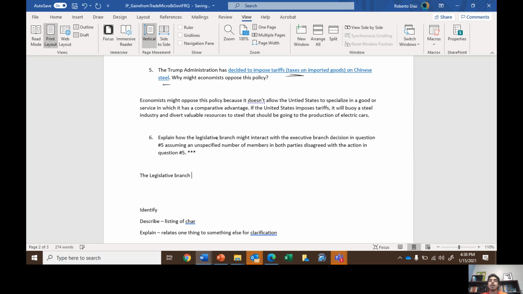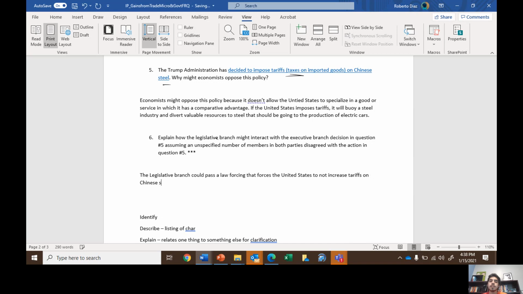The legislative branch could pass a law that alters the United States' approach, to not increase tariffs on Chinese steel,